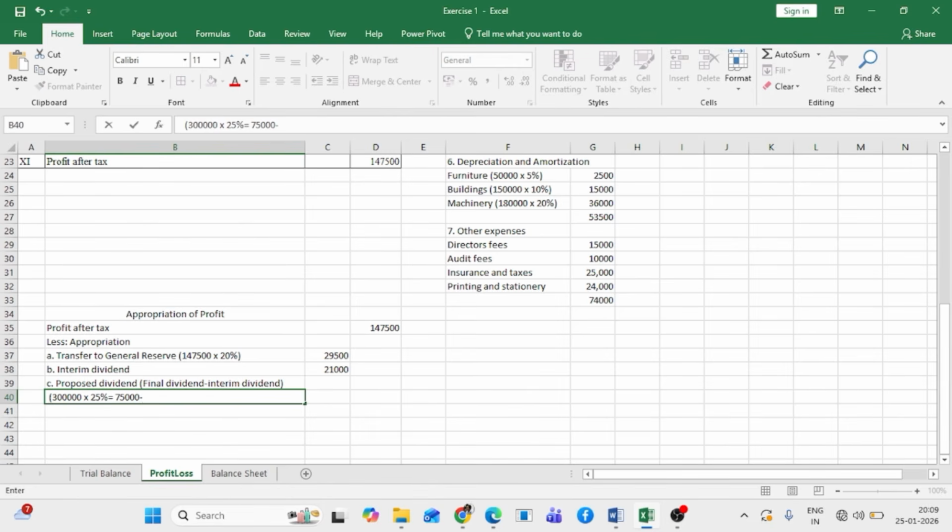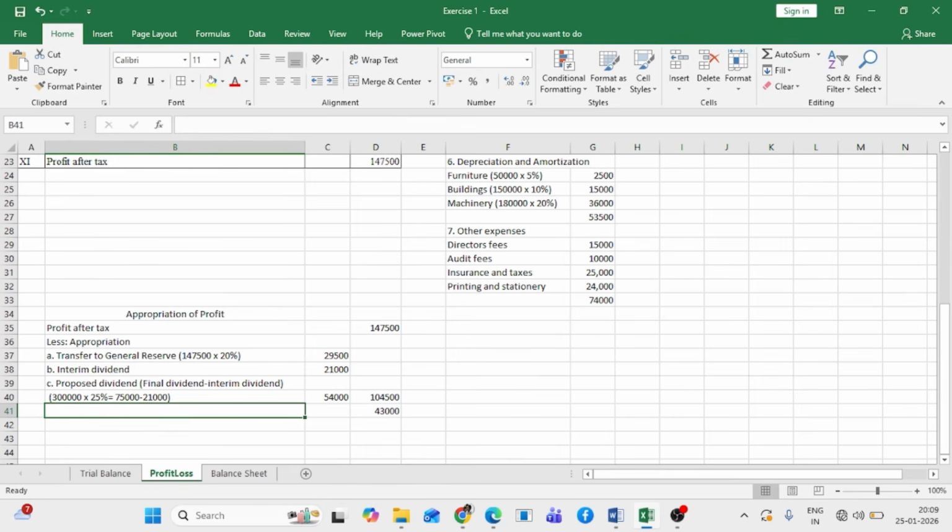From this amount you will deduct the amount of your interim dividend, that is 21,000. Okay, so it is coming 54,000. You will show here 54,000. Sum of all the appropriation is 1,04,500. Now your profit after tax was 1,47,500 and you have appropriation 1,04,500. What is the difference? The difference between these is nothing but the amount of profit that you will show